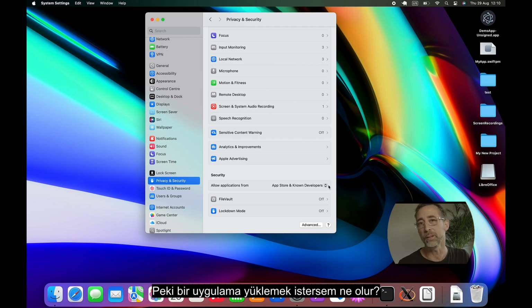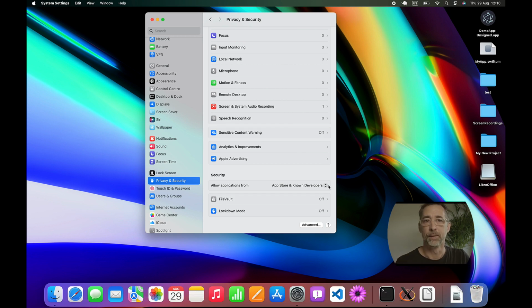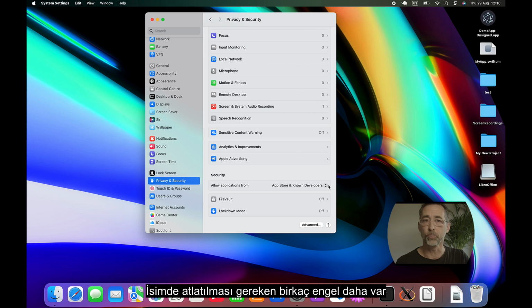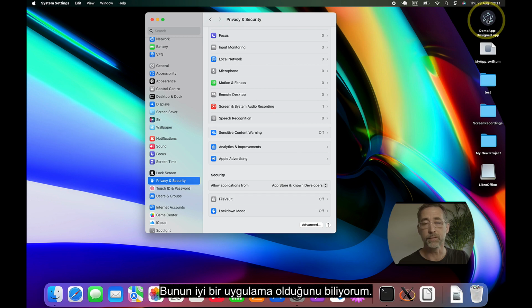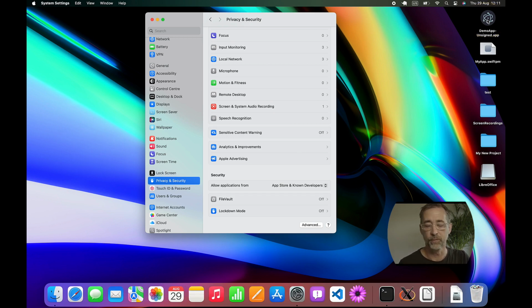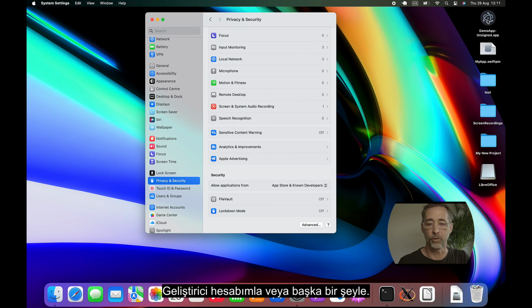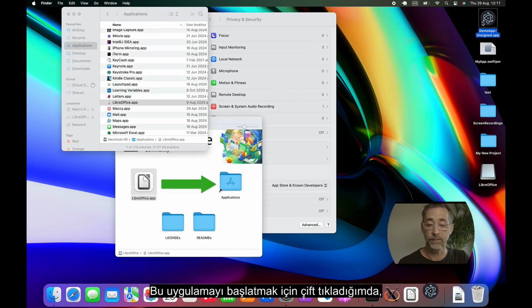But what happens if I want to install an app that I know is a good app that hasn't been signed? With macOS, especially as the years have gone on, it's gotten a little bit more difficult to do that. There are a few more hoops to jump through, all in the name of making sure your system stays safe and secure. For example, I have this demo app, this unsigned app here that I know is a good app. There's nothing malicious in the code because I've written it myself, but I didn't sign it with my developer account or anything else. So when I double click this app to launch it,